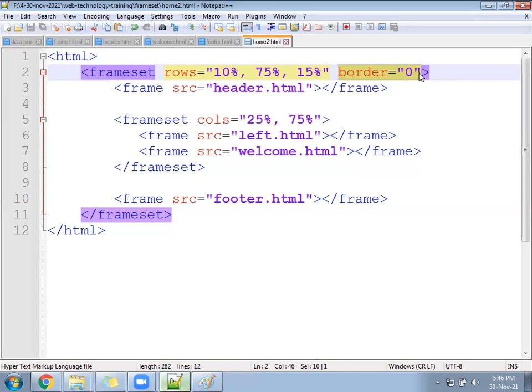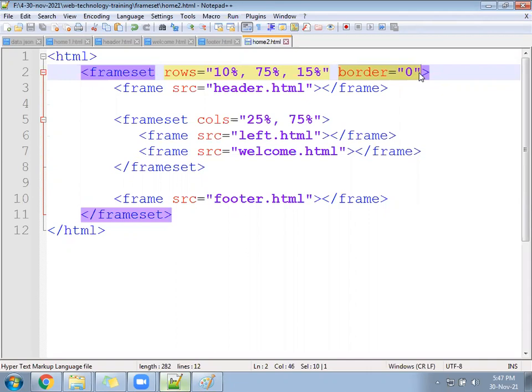Then where is the footer? Here F00 is written.